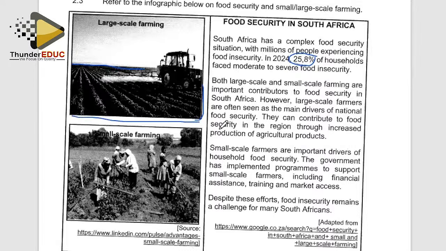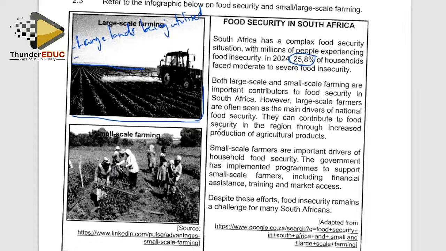This area here, by merely looking at the size, we can say a large farm. Large pieces of land are being utilized. If we utilize a large piece of land, we are also guaranteed that the output is going to be large, and as a result, we are also going to have sufficient food. So by looking at the land size which is being utilized here, we can safely say because of the large land size, we are guaranteed that this is going to produce enough for